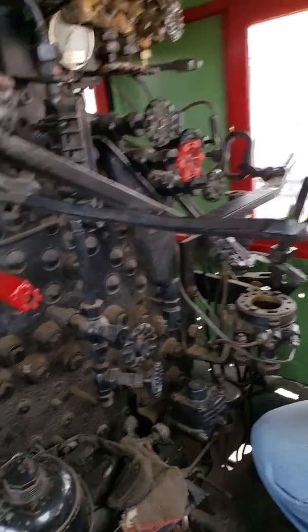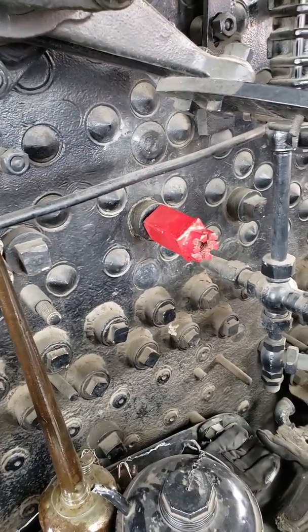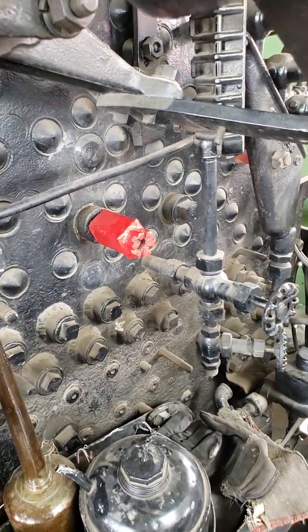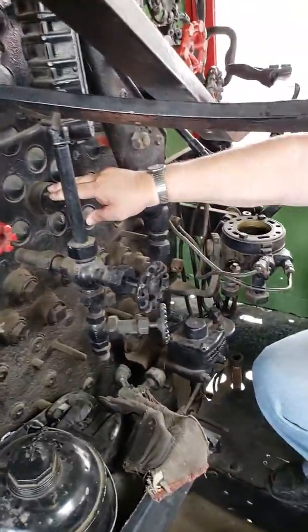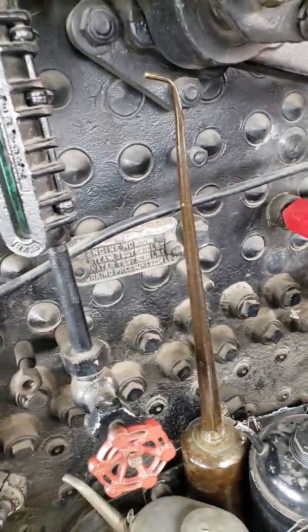And I would assume that this red deal here, that's the main plug going into the boiler, right? Is that the plug or? This is just a wrench for washout plugs. Yeah, that's what I mean. That's what I was saying. Like that behind there would be the washout plug, right? Yeah, this is a washout plug. There's another washout plug there and one over there. You have a number of them throughout the boiler